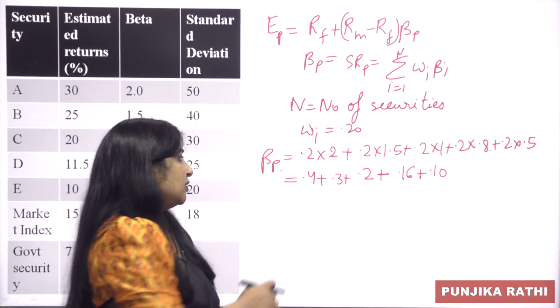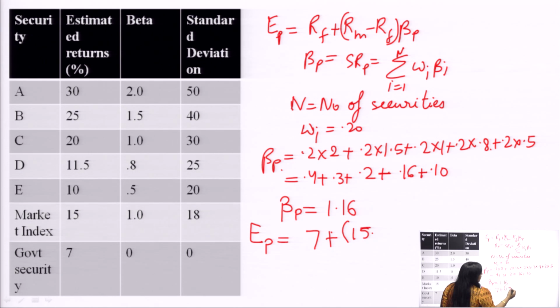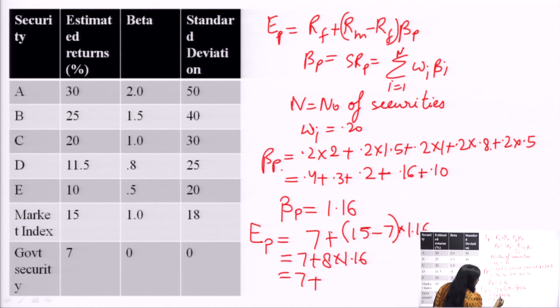On adding these values, beta p will be equal to 1.16, and if we put this value of beta p in this equation, we can calculate the expected return of the portfolio. It is equal to RF. RF is given as 7%, RM is 15, and putting these values with 1.16, we will have 7 plus 8 into 1.16. Our answer would be 7 plus